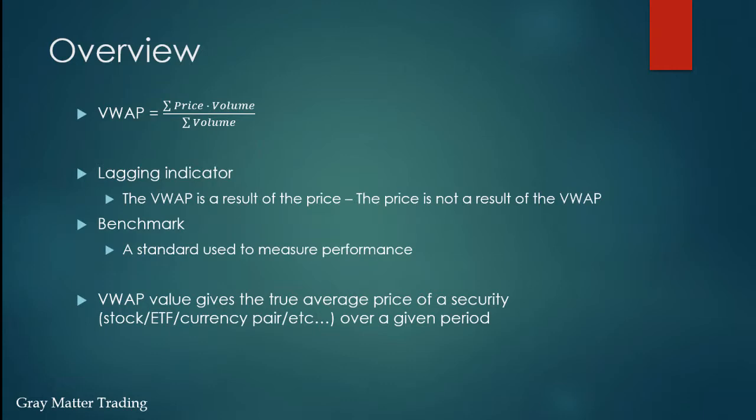Today we're going to be looking at one of the most commonly used technical indicators, the VWAP. The VWAP, which stands for Volume Weighted Average Price, is a lagging indicator, which means that the VWAP is a result of the price instead of the price being a result of the VWAP. The VWAP is also a benchmark, which means that it's a standard used to measure performance, which we'll be talking about here in a second. The specific reason for the VWAP is to give the true average price that a security has been trading